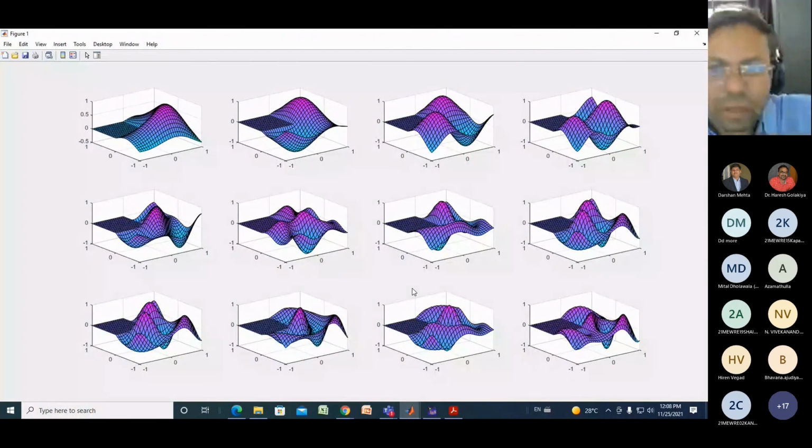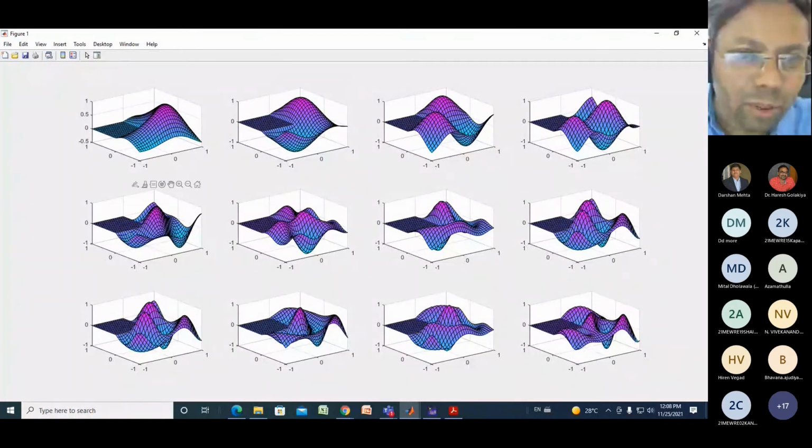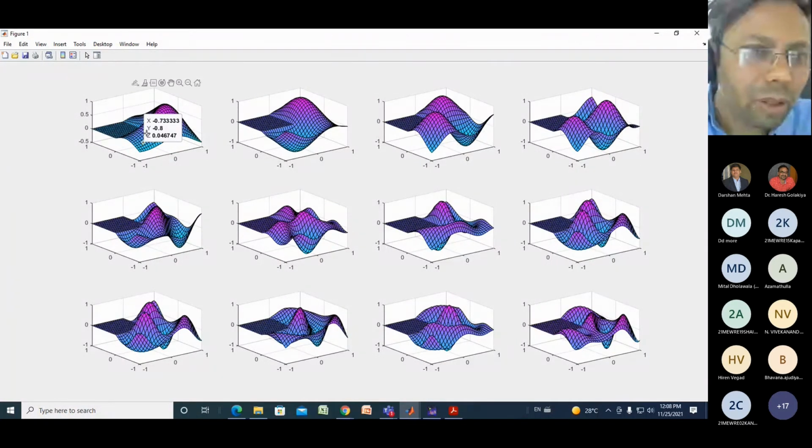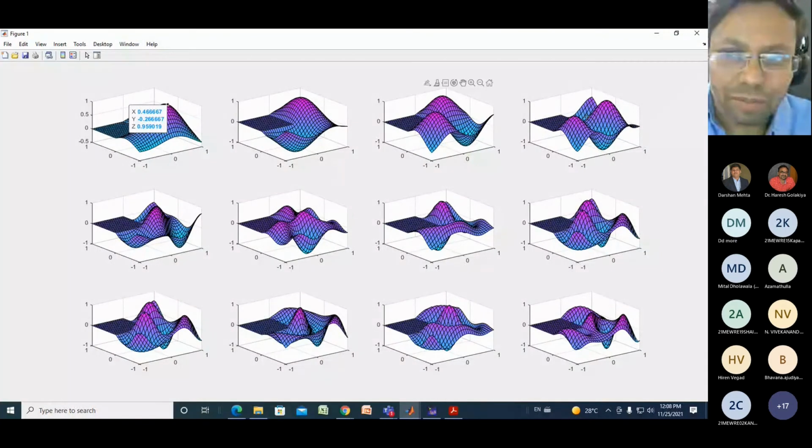Why are we using this membrane? The membrane function will create, we are using it as a pole and zero. Pole means, for an example, the value at that particular point will have some infinite value. So the membrane function shows the value at that particular coordinate. At this coordinate, you can find the particular value x, y, and z. So MATLAB has created a membrane function.